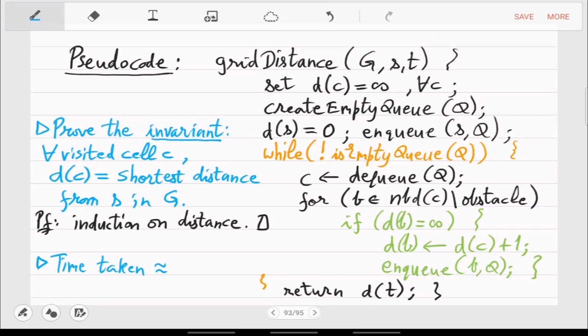If you reached T and you stopped, then the time complexity of this pseudocode is the number of cells that the ripple has seen. So the area of the ripple is the time taken. Any questions?